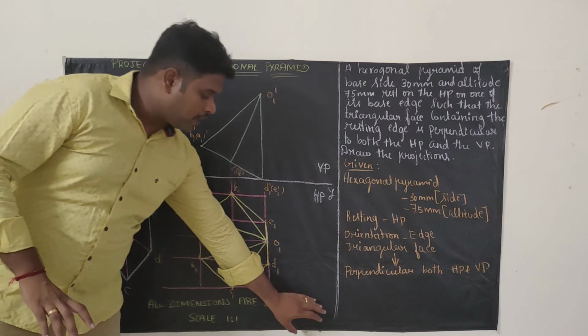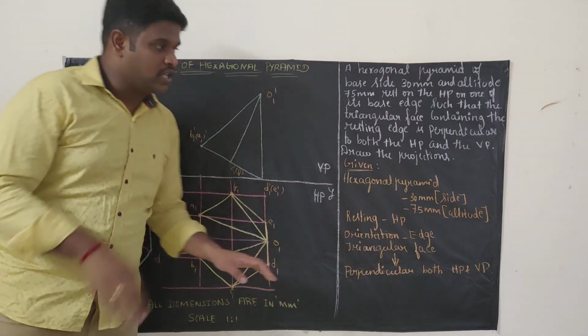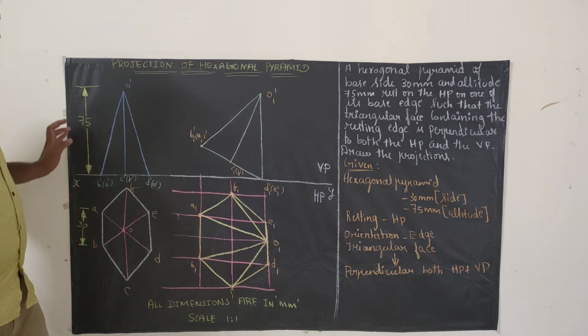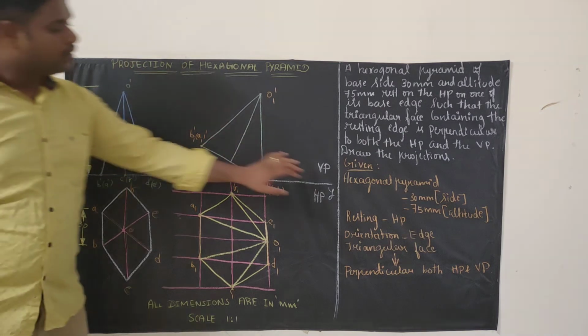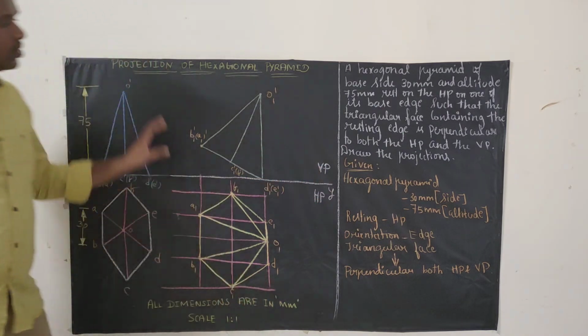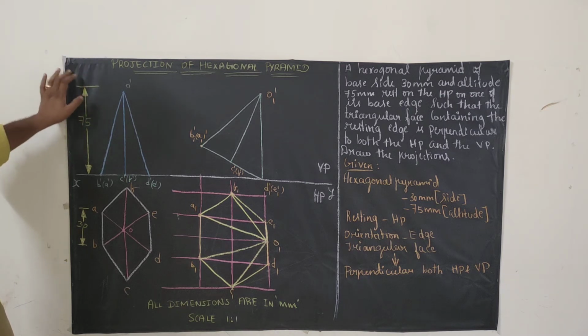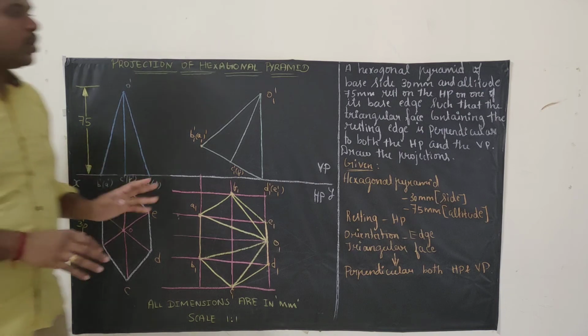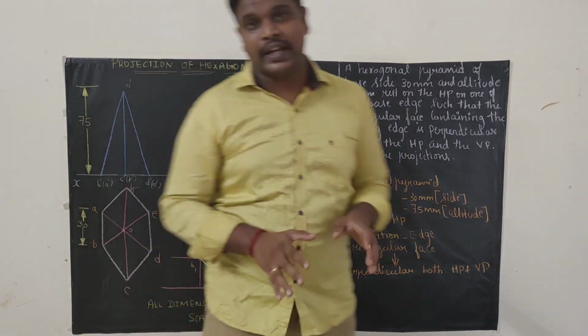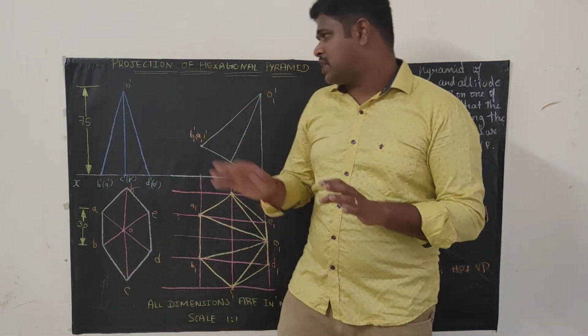Both the lines should be written at the right bottom corner of your A3 sheet, and you have to draw the border 20 mm from the left, 10 from top, 10 from here, 10 from here. The remaining three sides are 10 mm, and from the left-hand side you have to leave 20 mm. Use a protractor circle template for writing the question number. This is the way you have to present your diagram so that you will be getting full 20 marks. I think it's very clear.